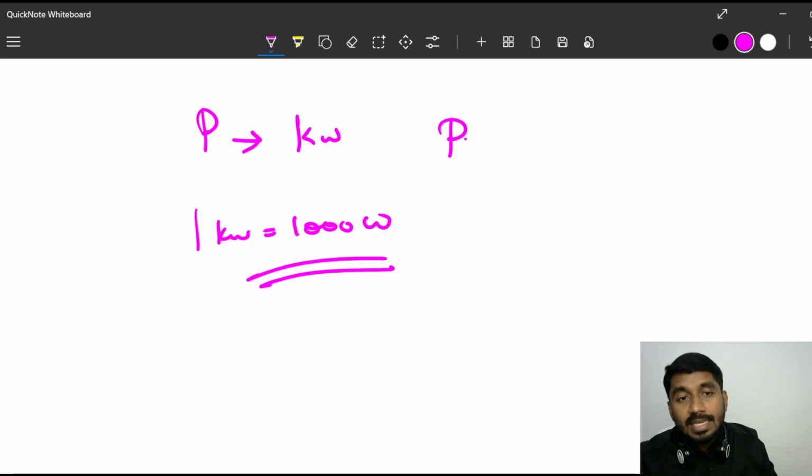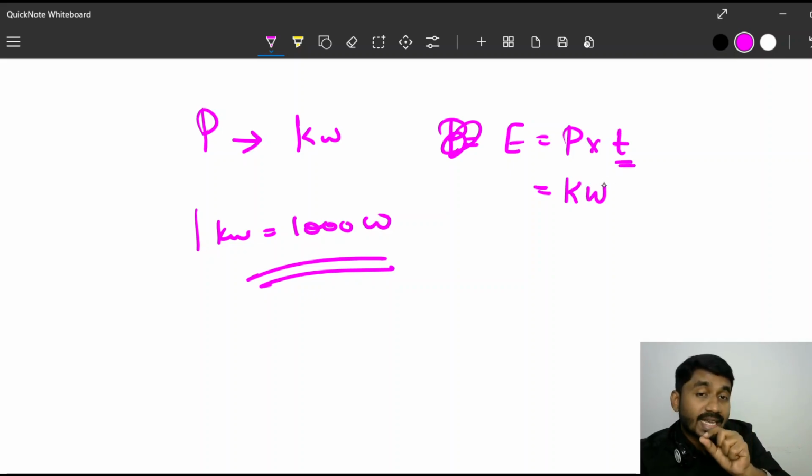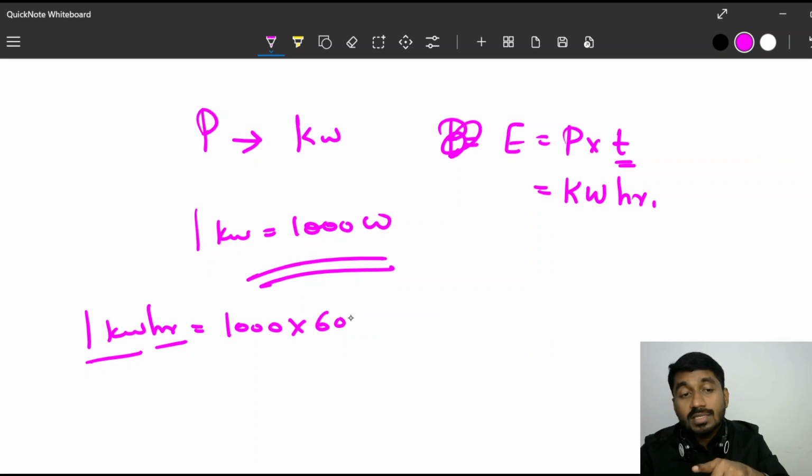So energy is equal to power into time. If you are using a high power device, the energy used by the device is equal to power, which we can write in kilowatt, into time. Normally we use seconds, but for high power devices we use hours. So we need to know what 1 kilowatt hour is equal to. 1 kilowatt means 1000 watt. 1 hour means 60 minutes, 60 seconds. So 60 into 60,